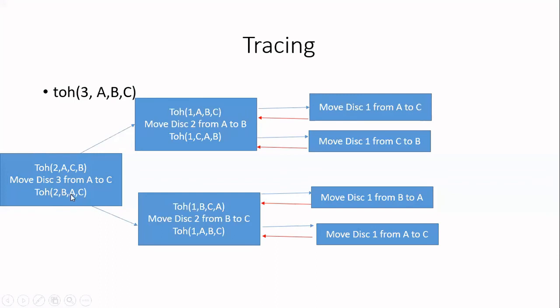Whatever is pending, you write it in the middle. So A is pending, so I am writing it in the middle. That means for that move, I'll be using A as the temporary disk. Okay. So when I pass 3 as the argument, first time it is calling like this. Now, in this, your function is not going to stop, because here in Tower of Hanoi you have 2 as the argument. Only when it is 1 will the base case be reached. Now it is not 1, it is 2. So again, there will be a recursive call. So now this Tower of Hanoi will call Tower of Hanoi again.